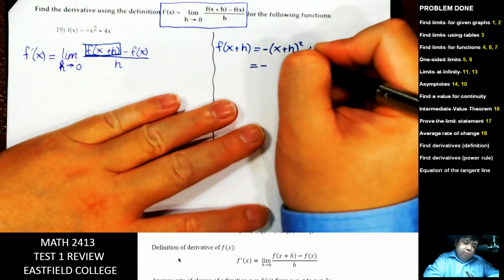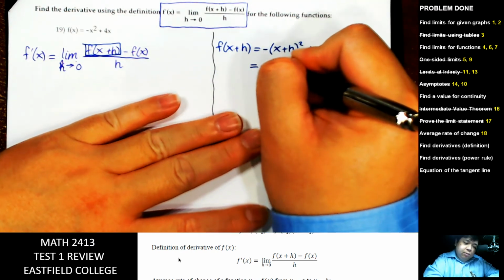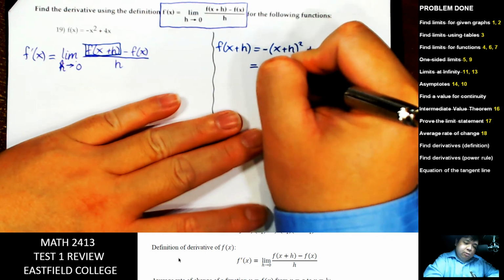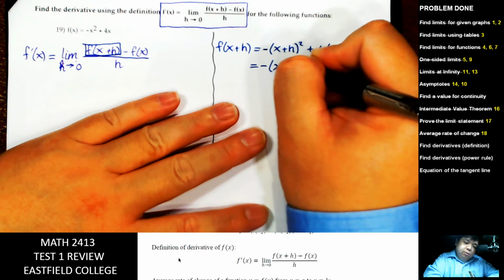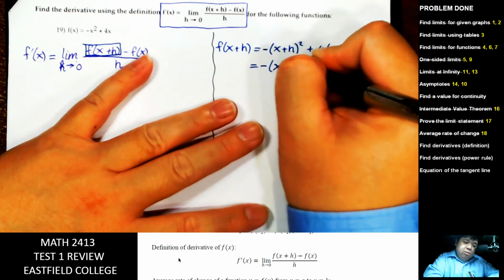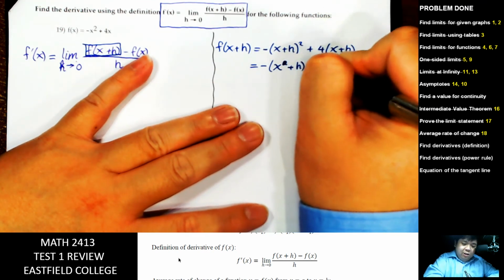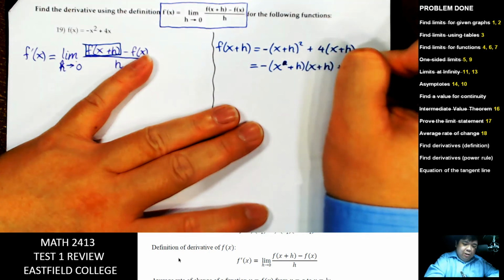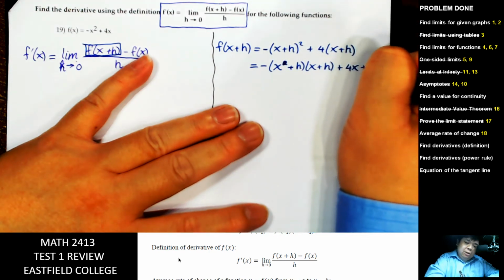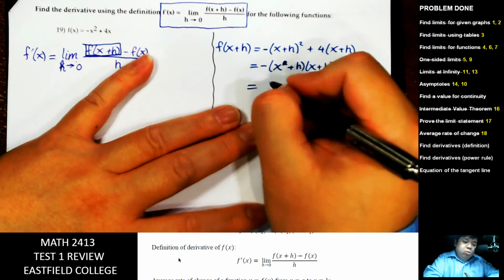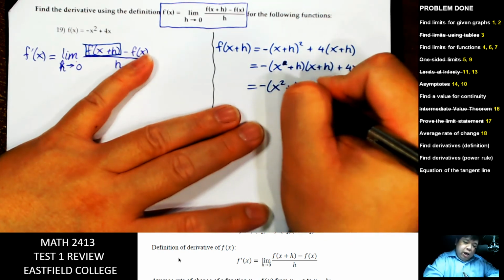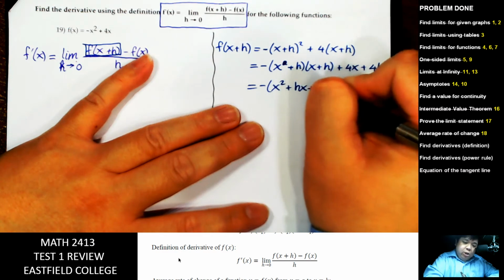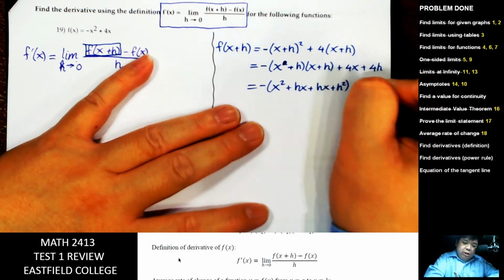So let's do this first. Now it's multiplied out. x squared plus hx plus another hx plus h squared